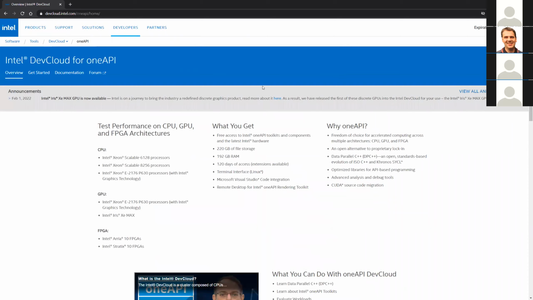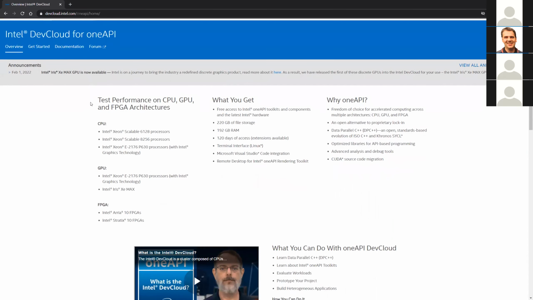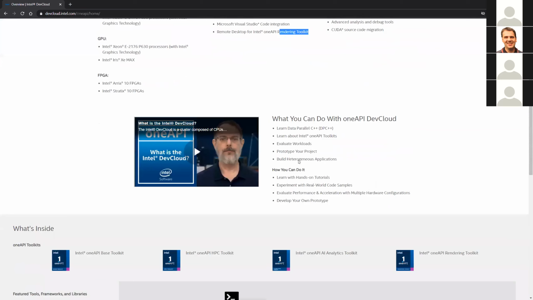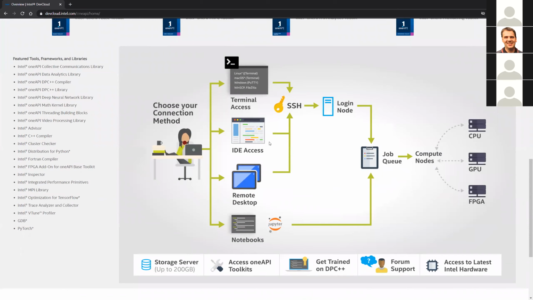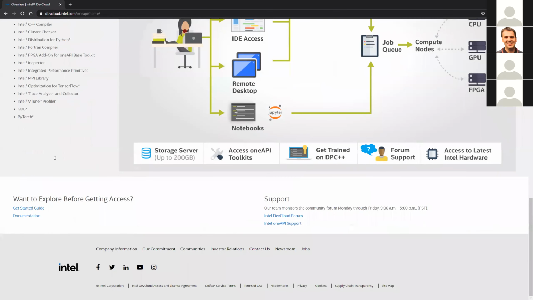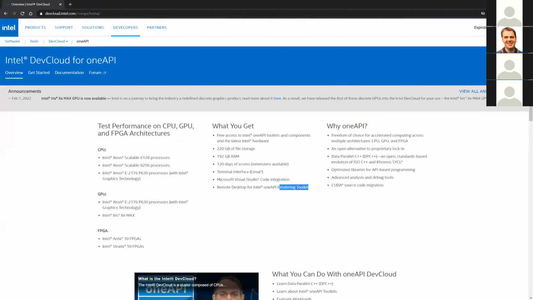Okay. So let me close that and show you how it looks once you're logged in. I'm now logged in with my account. You see that's my username, my account. You have your expiration date on the top right, and I hope the screen and the font are large enough that you can read what I'm showing. And then you see this is the expiration date for your accounts. You have some announcements. For example, here, this Iris Xe Max GPU is available to all people. Here are the different offerings. There's a little bit of an introduction video. There's a little bit of information on how you can actually log in, how this login works, but I'll show you in a minute, and the different components installed on that, right? But before we move on,